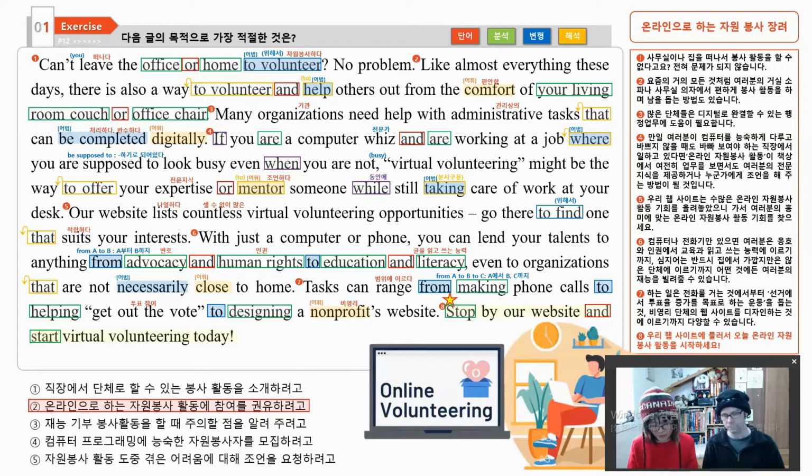And number 3 is to inform you of things that you have to be aware of when lending your talent. So how come number 3 is not the answer? They do talk about lending your talents, right? That's right. We mentioned different ways they can lend talents. That's right. But to be aware of or careful of when you do this, I don't think it does that. Yeah, they didn't give us any advice about that, right? Yeah, because remember, they're trying to encourage us to do it and not make us feel that we don't want to. They didn't talk about that, right?